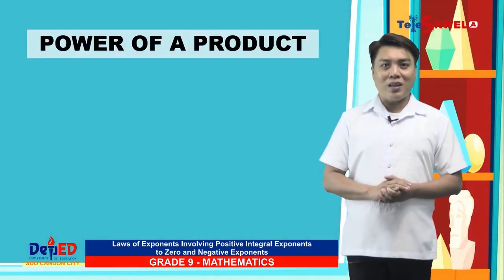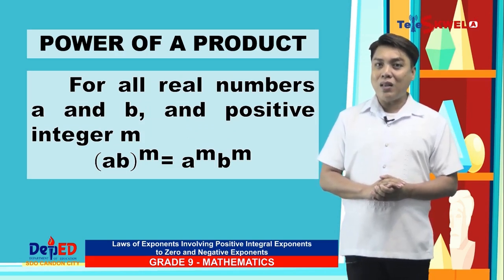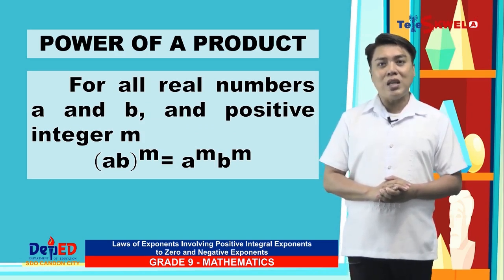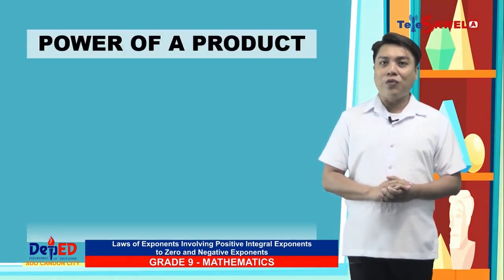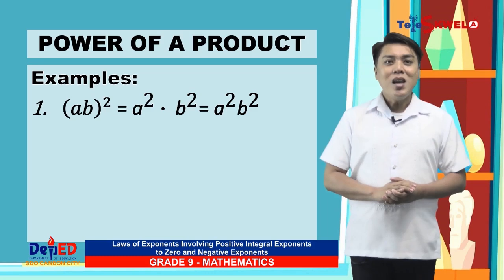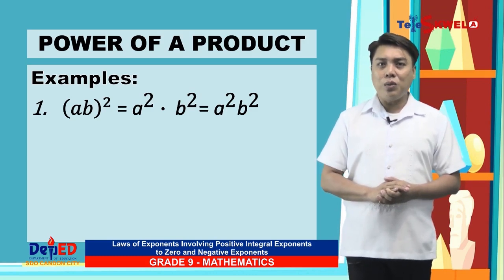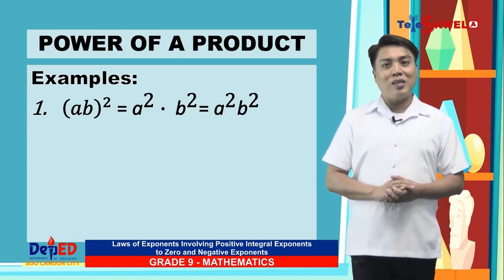For power of a product, for all real numbers a and b and positive integer m, that is, the quantity ab raised to m is equal to a raised to m, b raised to m. Here are examples of power of a product. Number 1, the quantity ab raised to the second power is equal to a raised to the second power times b raised to the second power, is equal to a raised to the second power b raised to the second